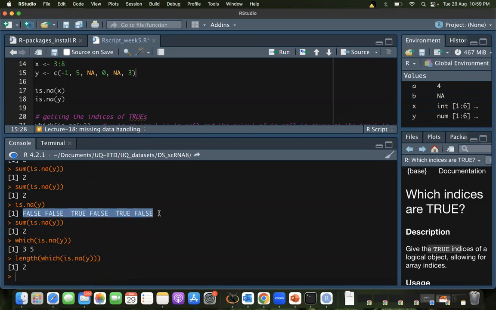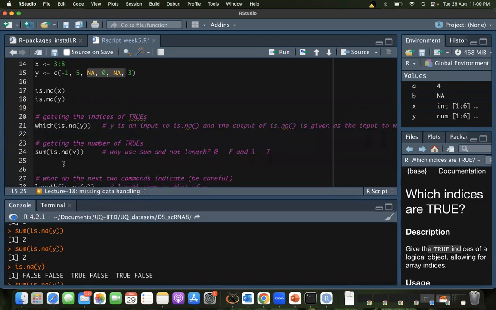So either you sum this up or you find the length of this. They're both giving us the value 2, which means counting the number of NAs. That was the idea, right?